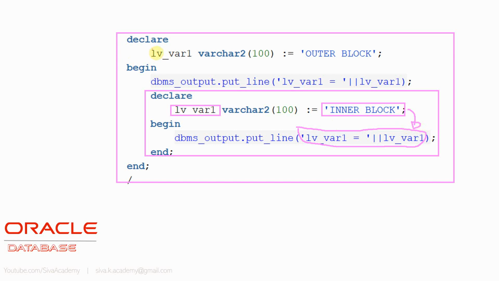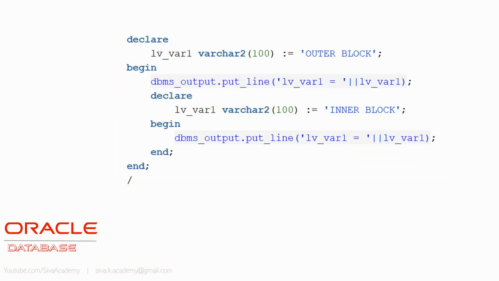Right. Now what we are going to do, we are just going to declare one more variable in the outer block. The variable name is exactly same. You can see here the variable name of this variable and this variable are exactly same. Now the question is, how can we access the outer block's variable inside the inner block, provided both the variables have the same name? So this is the question. This question is also very much similar to the question what we have seen just now. Fine. Now let's see how to access.